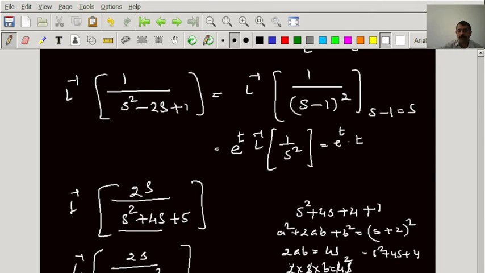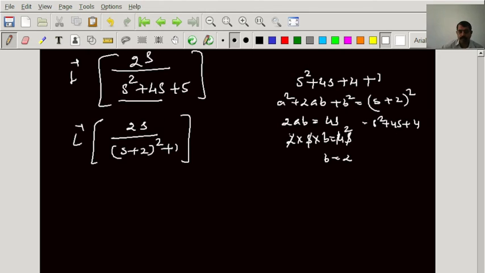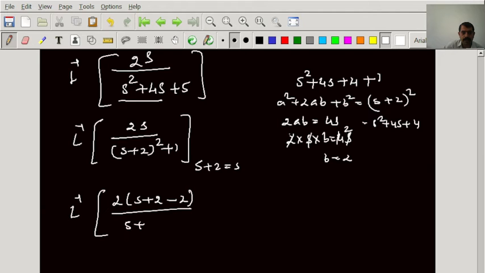Now what must we do? s plus 2 should be written as s. Wherever s plus 2 is there, we must modify it. But if we do not have it in this format, then we must modify. Here we have s plus 2 in the denominator, whereas the numerator 2 into s is there. We must split this one; we cannot modify it directly. So to modify this, I am writing this as 2 times (s plus 2) minus 2, divided by (s plus 2) whole square minus 1.